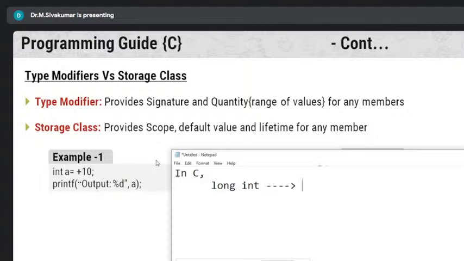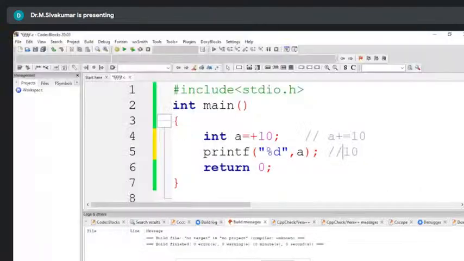Okay. So if I'm having long, as we all know, it is minus 2147483648 to plus 2147483647. So like any mobile number will not start with 2. A mobile number should always start with either 6 or 7 or 8 or 9. Okay. So for this one, automatically students will think, if I am having long int, they will automatically face some issues here. We can verify here. I'll make you understand. If I'm having long here,